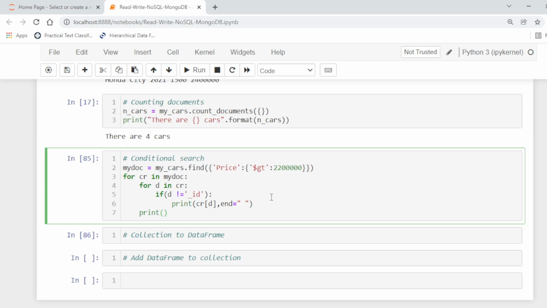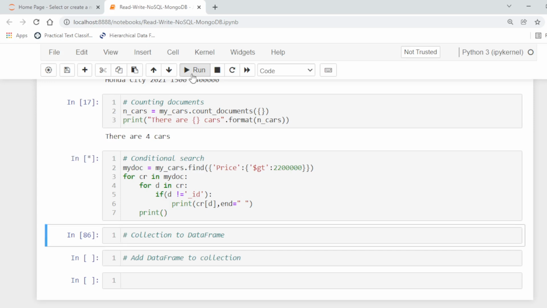So it will display all the cars whose price is greater than 22 lakh.